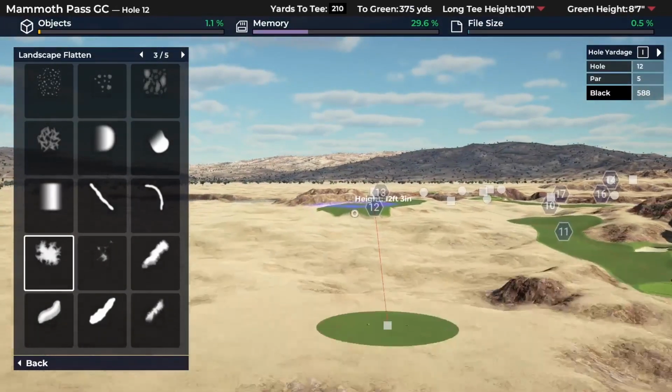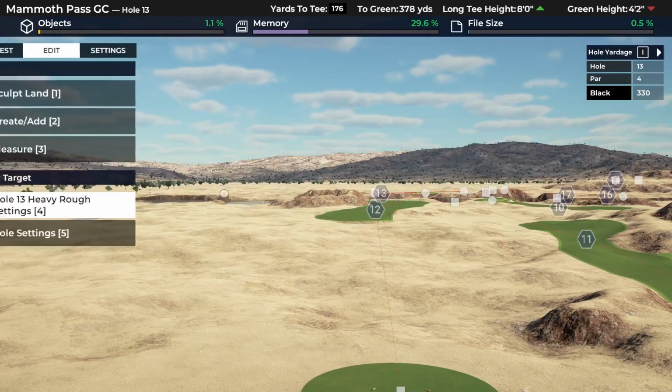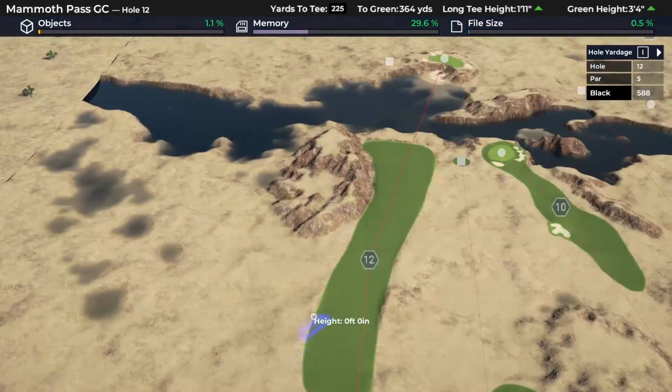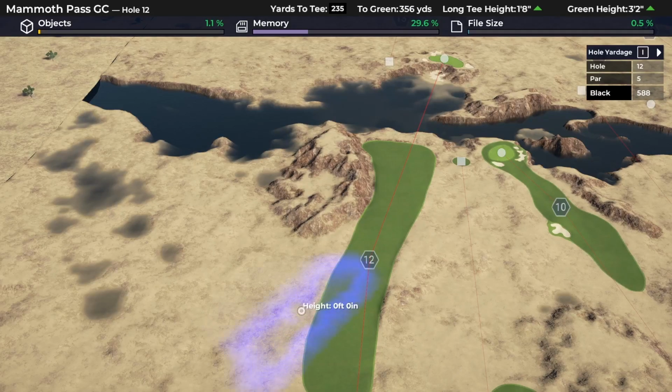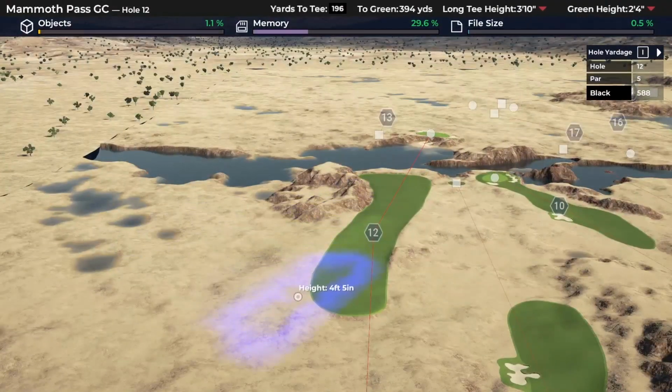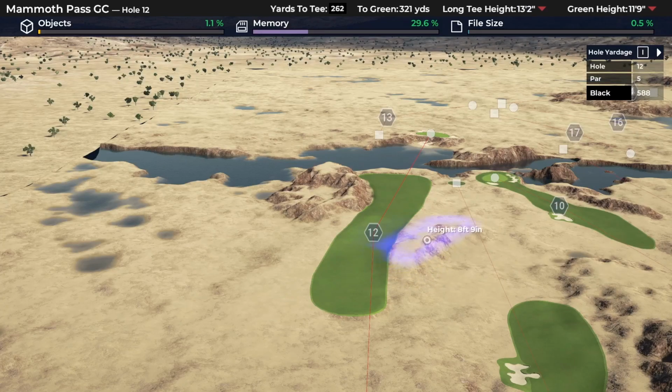So there we go. There's our tee box. We do need to raise up some stuff over here, I think. For me, if it's flat, there's probably something that just wasn't considered in the design. And just adding some wrinkles in here can really go a long way. As you guys have probably noticed, just with the couple of holes that we've designed here together,